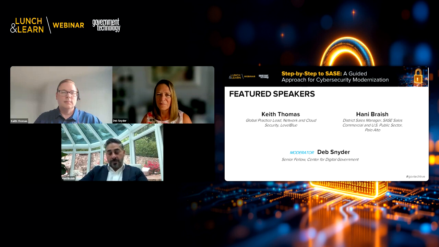The more elements of that platform that are in there. But there is no need to rip and replace, and we are very agile and flexible when it comes to legacy vendors and how we can take a phased approach so that it's not too heavy of a lift. So more of an incremental overlay, where maybe SASE services are rolled out alongside the legacy environment, if that's what I hear you saying, and over time shifted over and the legacy shifted out, if you will. Keith, what are your thoughts on that?